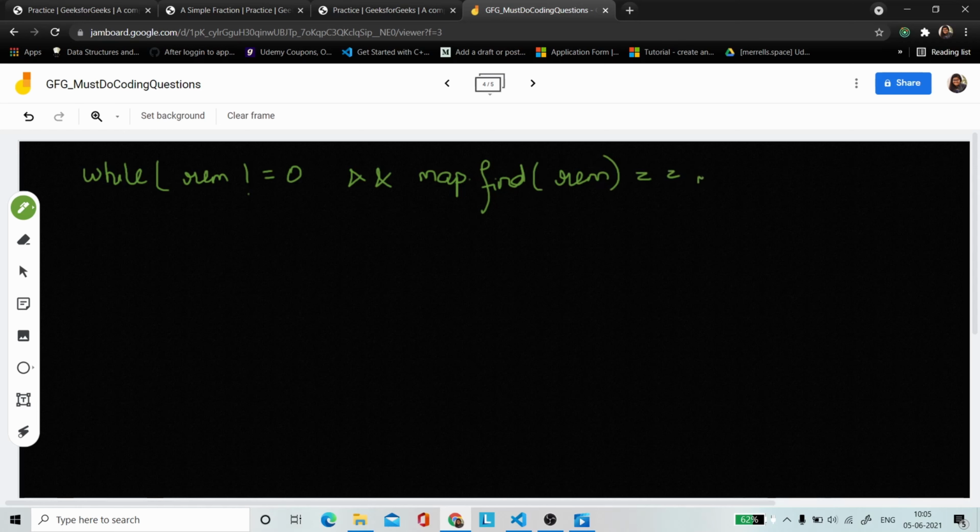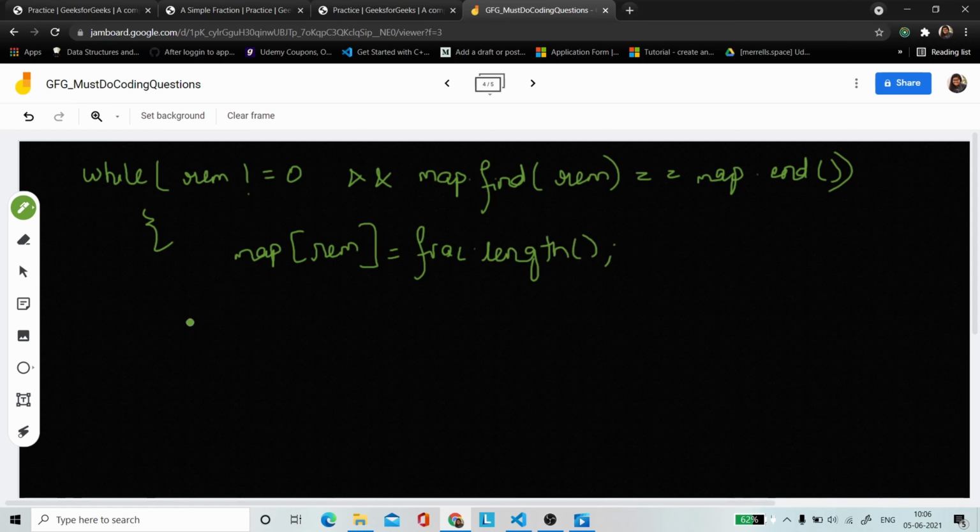It means that up till now you have not found the repeating part, and the remainder is not 0, so you can move on. What you can do is store that remainder in the map, with the location equal to fraction.length, and then just multiply that remainder with 10.